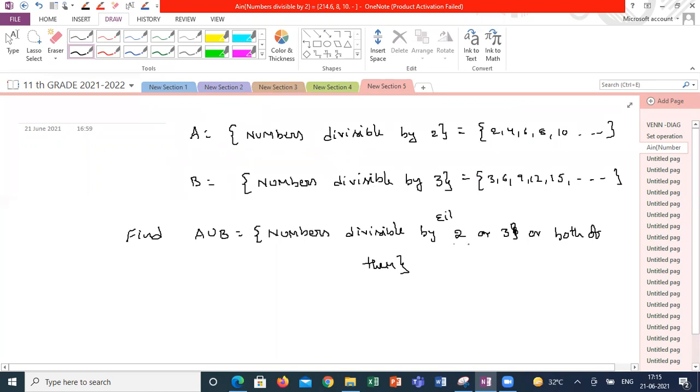So a number is divisible by 2 or 3 or both of them. If I am taking 18, it is divisible by both 2 and 3. 15 is divisible by only 3. 12 is divisible by both 2 and 3. 9 is divisible by only 3. 8 is divisible by only 2. So either 2 or 3 or both. This is how we develop the union operation. It's not actually addition. It is just joining the sets and forming a new set which contains both the sets.